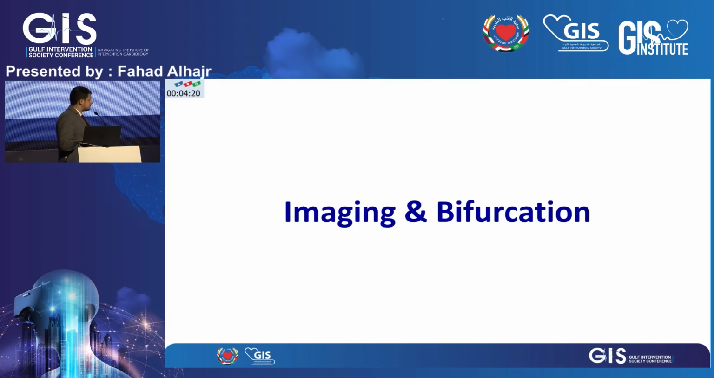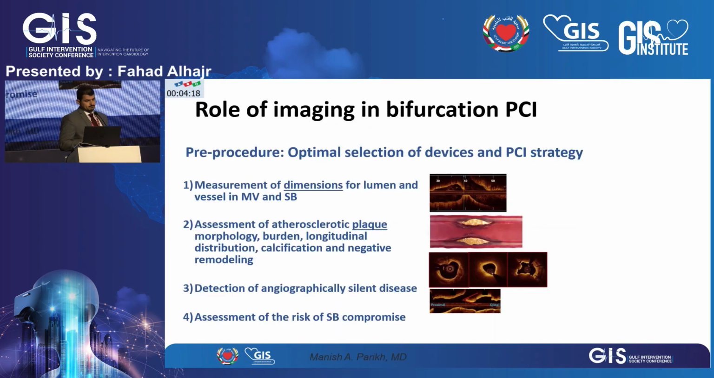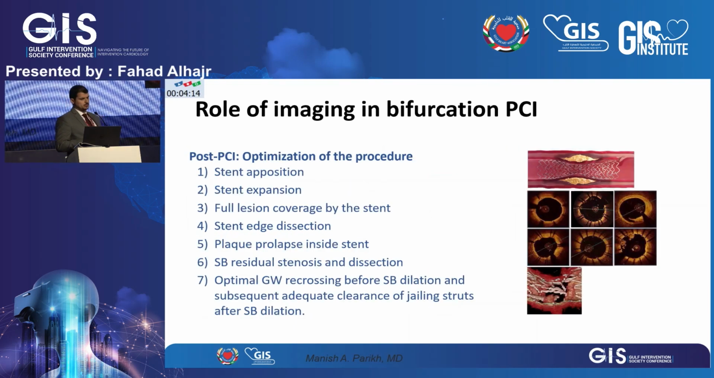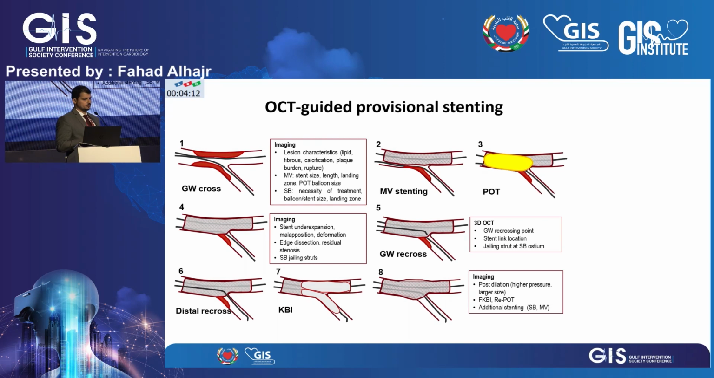So the second part is imaging and bifurcation. We all know about the role of imaging for pre and post. That's something we don't need to talk about, just for the sake of time. And OCT-guided provisional stenting is very, very important, especially if you're using the 3D. Unfortunately, we lost a bit of the 3D, but hopefully it's coming back. But this is more specifically important for the side branch wiring pre or post stenting, wiring the distal or proximal